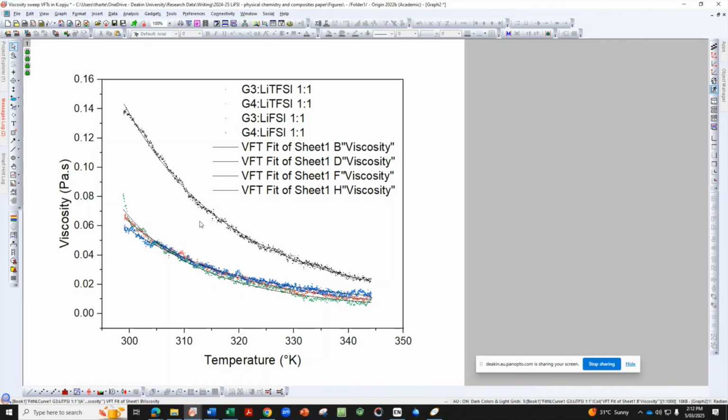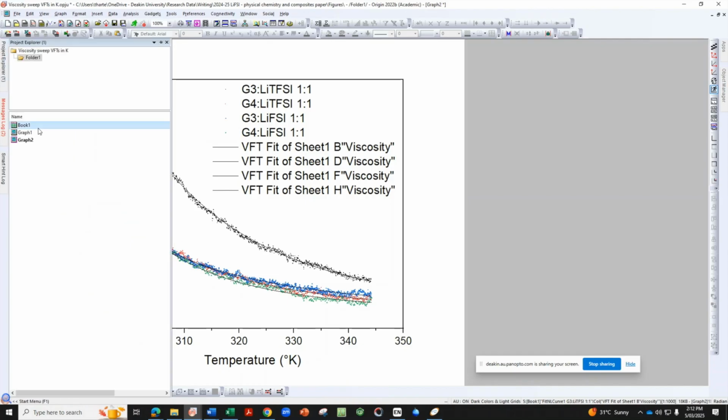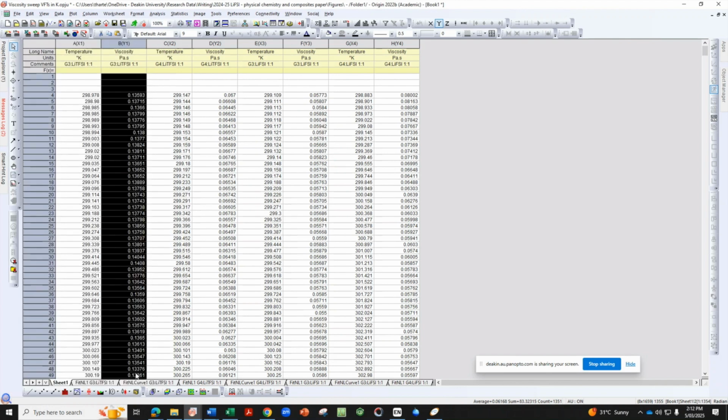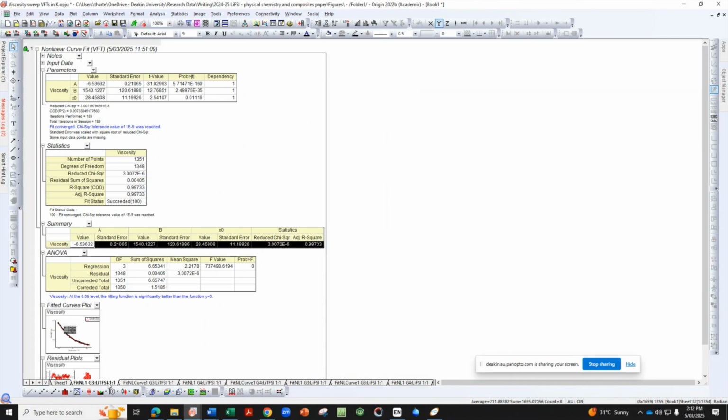After you've finished beautifying this graph, you can go back to your table, and there are important parts in this first table for each function, and this is where labeling comes in handy. I've already copied what's important from this one, but if I go across to this G4 sample here, the important values in relation to the VFT function are right here.